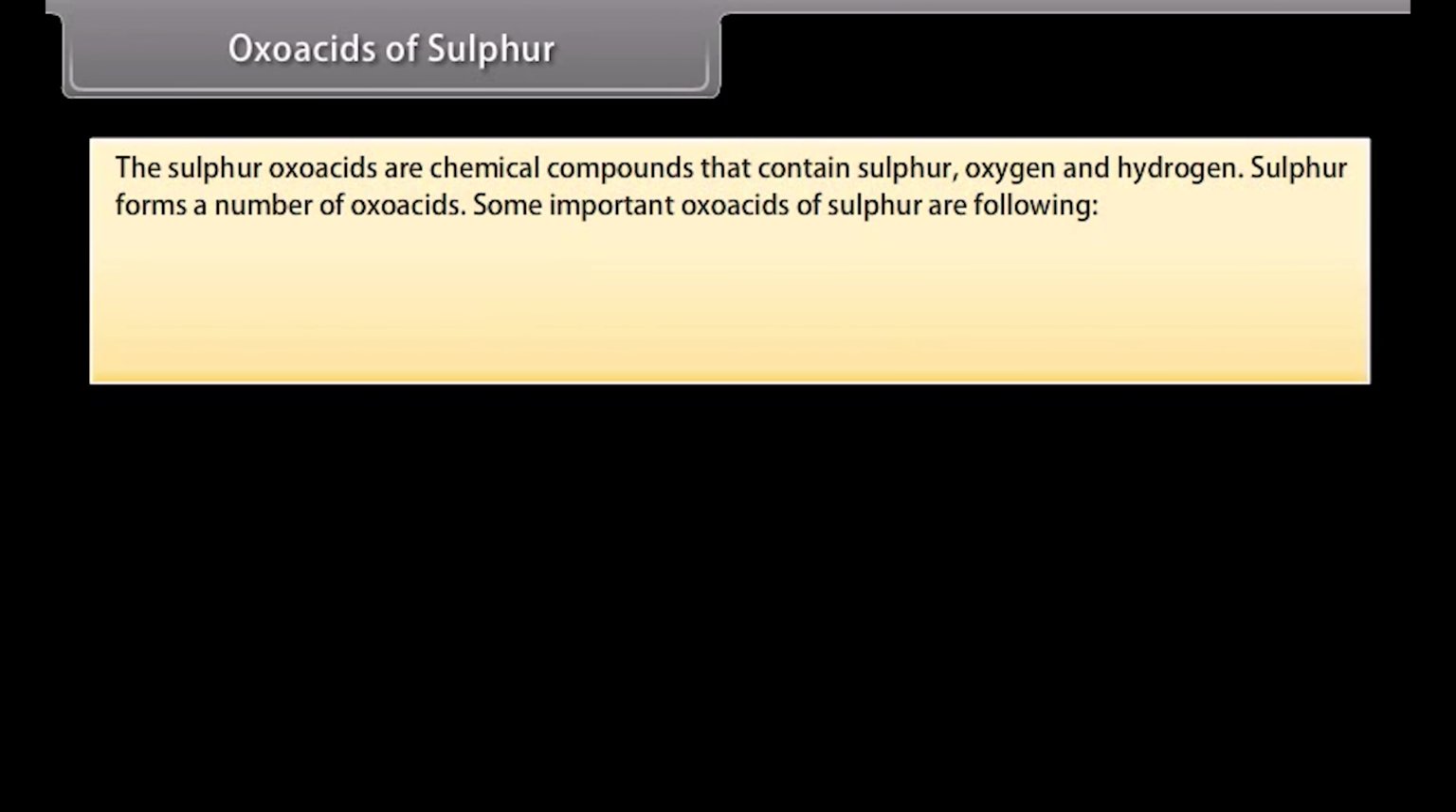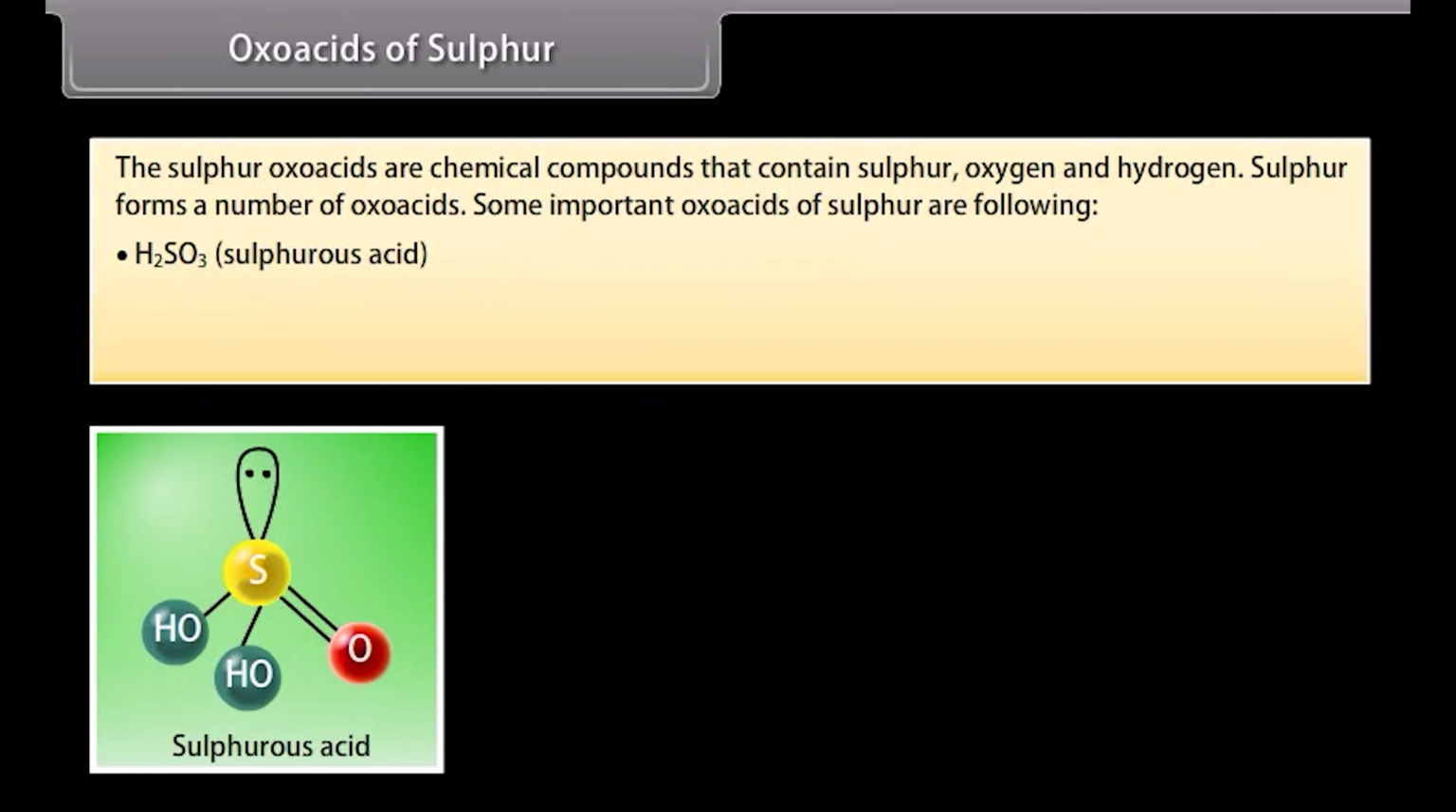Oxoacids of sulphur. The sulphur oxoacids are chemical compounds that contain sulphur, oxygen and hydrogen. Sulphur forms a number of oxoacids. Some important oxoacids of sulphur are the following: